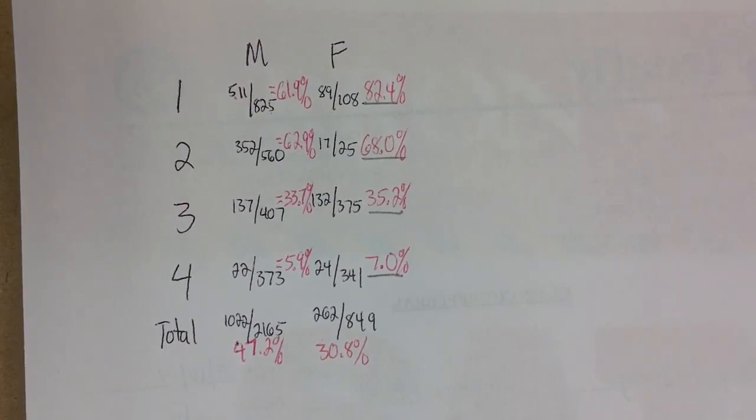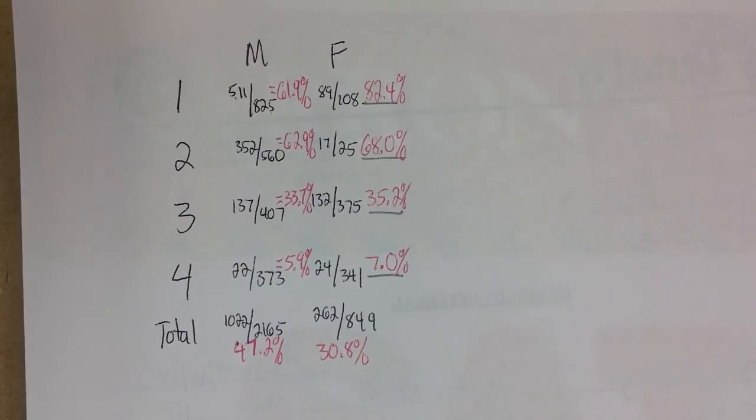So take a look at where males are tending to apply. They're tending to apply to programs 1 and 2. Look at the acceptance rates for programs 1 and 2. They are the highest. One might argue they're the easiest to get into. So because the males are tending to apply to those programs, their overall rate is going to be boosted. The females, the opposite is happening.